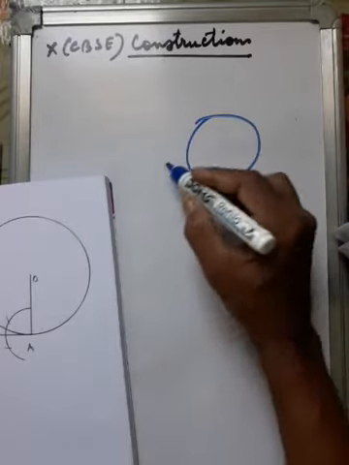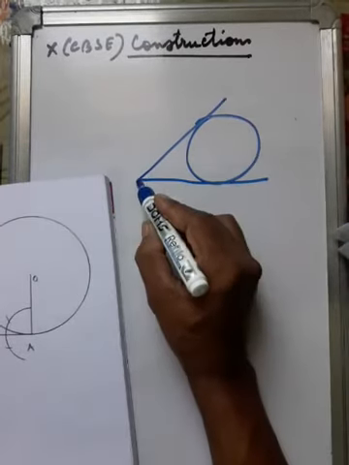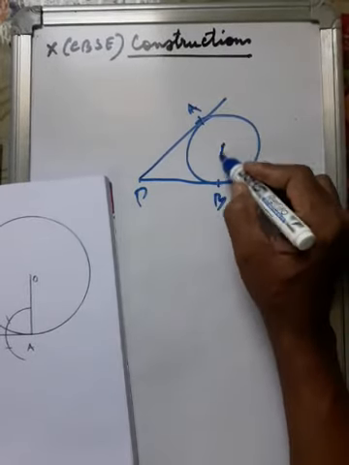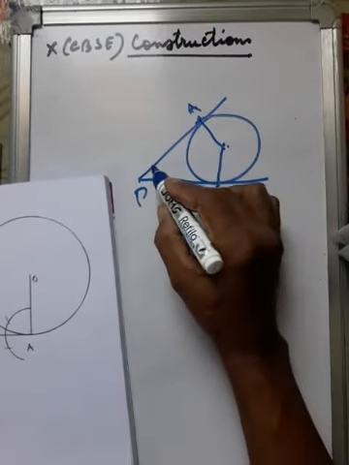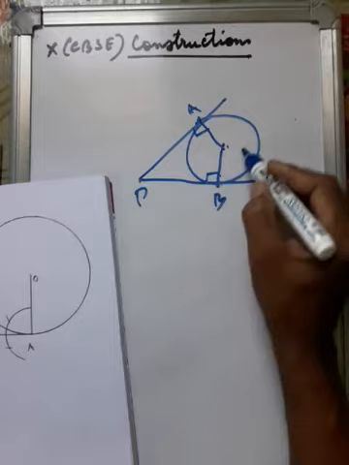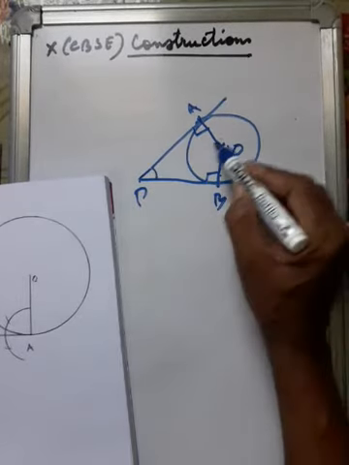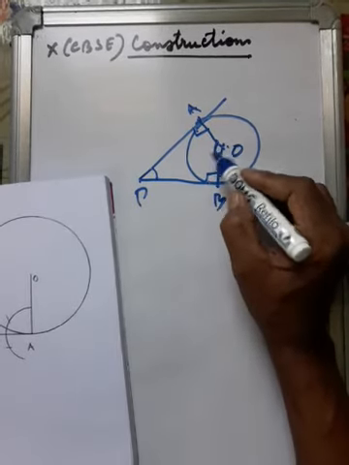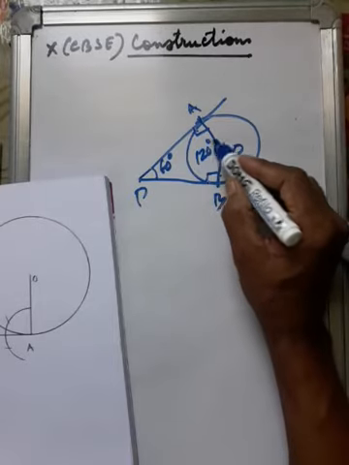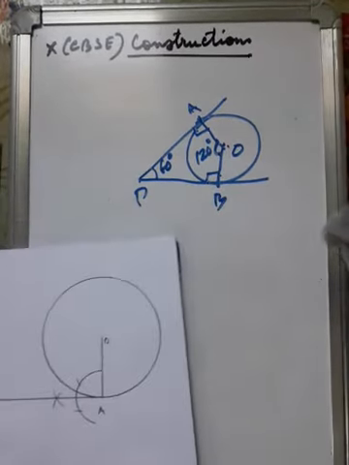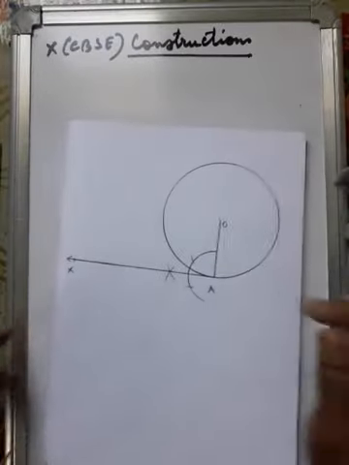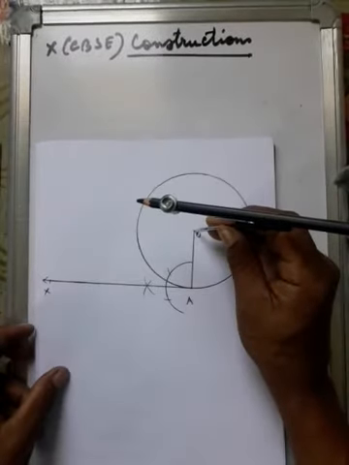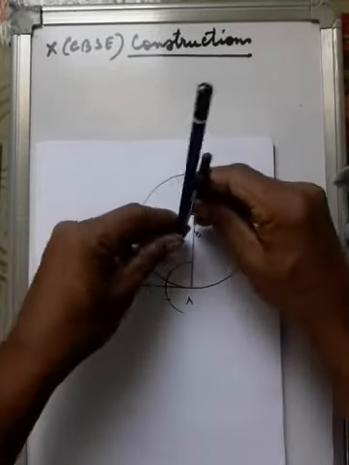Now we know that in a circle, if we have two radii from an external point P, and if we join this point A and B with the center, then sum of this plus this is 90 degree, and it is a quadrilateral, so obviously sum of this plus this will be 180 degree. So if this is 60 degree, then this will be 120 degree. Thus we shall draw an angle of 120 degree at the center.